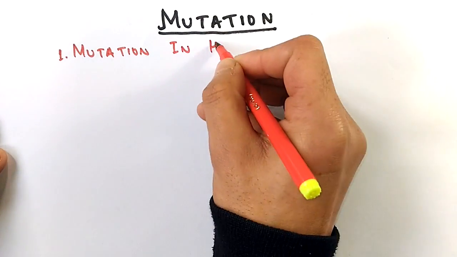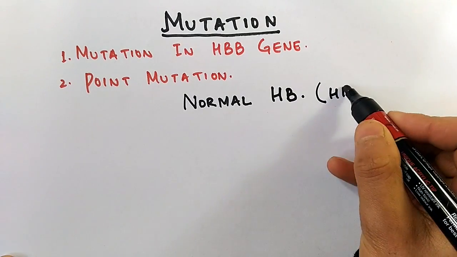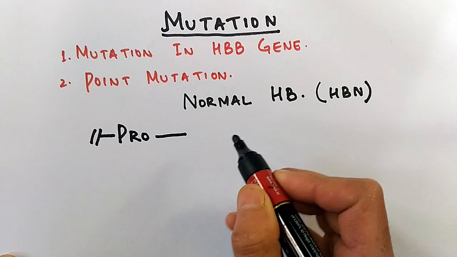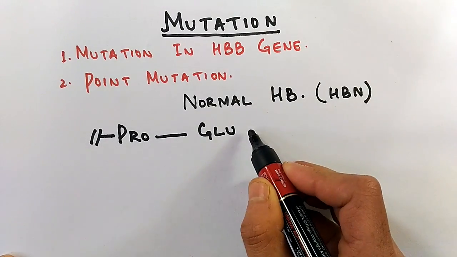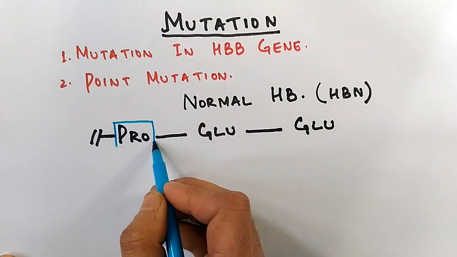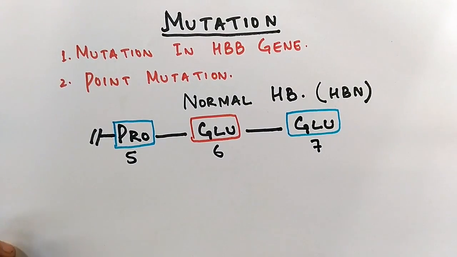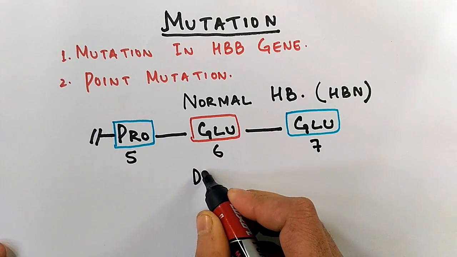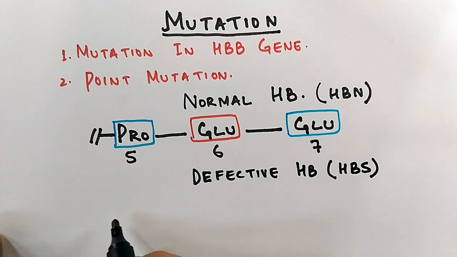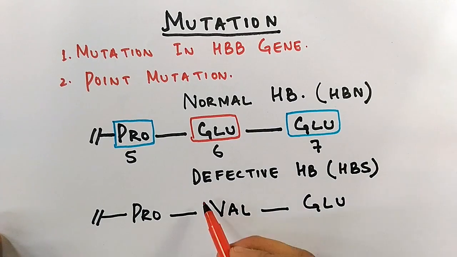Now we will see the cause behind the mutation. First of all, we draw here the normal hemoglobin, that's HbN. It has a polypeptide chain. The 5th, 6th, 7th amino acids of the polypeptide chain are proline, glutamic acid, and glutamic acid. But in the case of defective hemoglobin, this glutamic acid is replaced by valine. So here the 5th amino acid will be proline and the 6th amino acid will be valine instead of glutamic acid